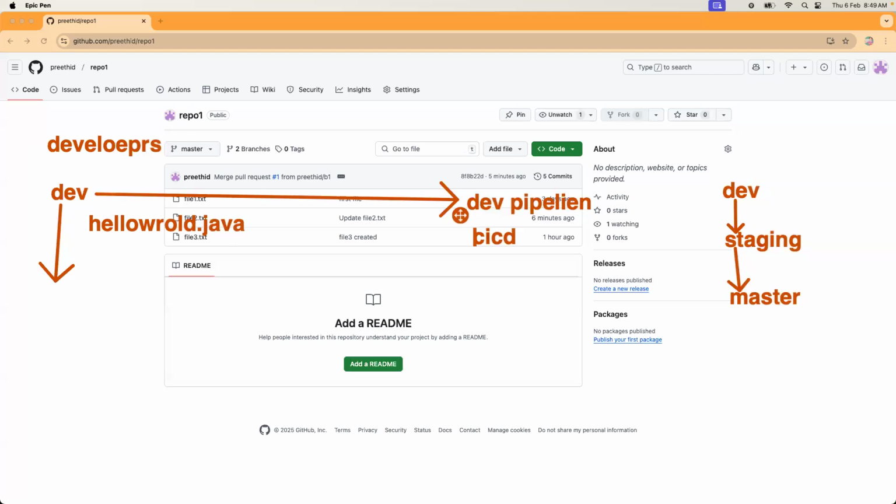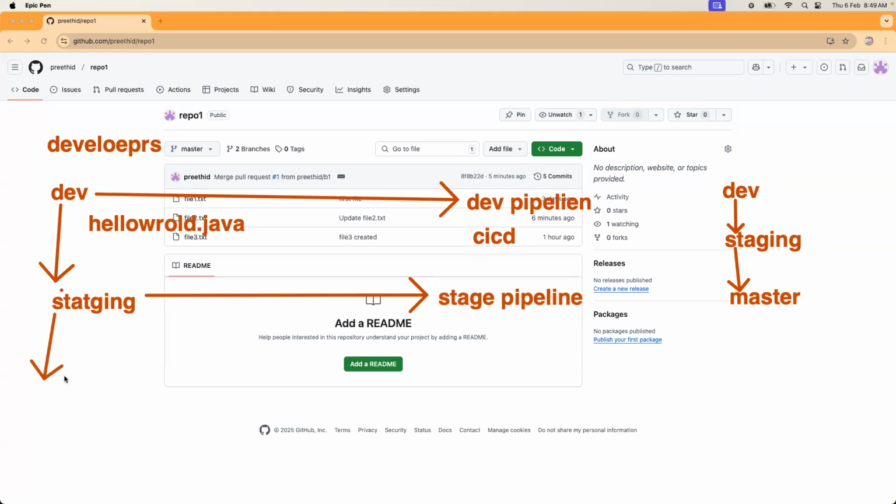Suppose it is working fine, the pipeline went well, they will merge this code. Generally, developers will merge the code to the staging environment. As a DevOps engineer, whenever some change is done to staging, it will trigger the stage pipeline. Again, a CI/CD pipeline, right? This will deploy to the staging environment, and once it is good, then developers will merge this to